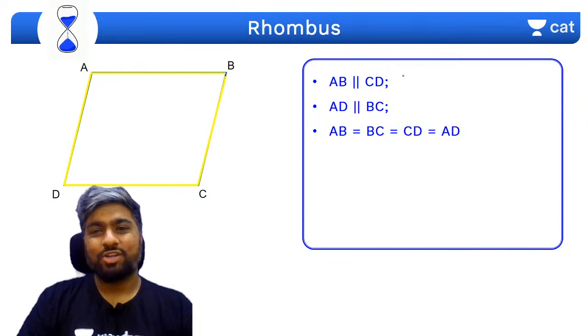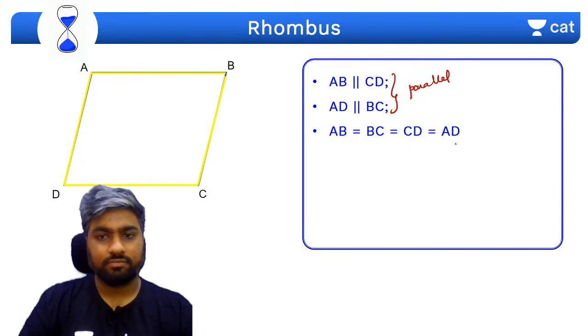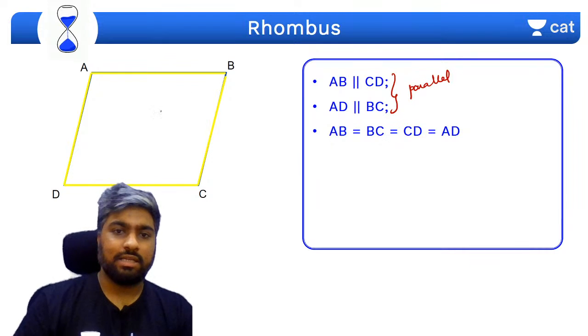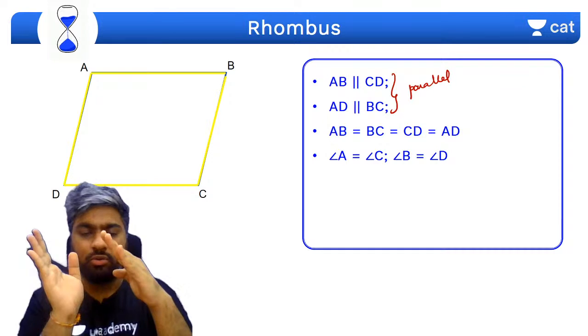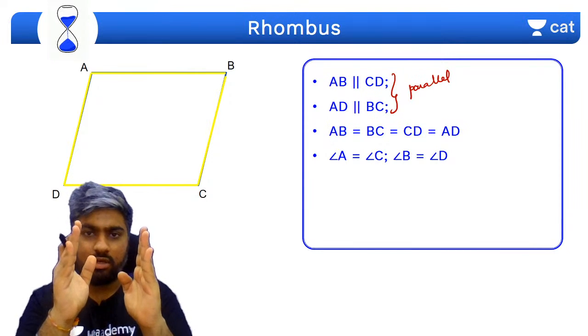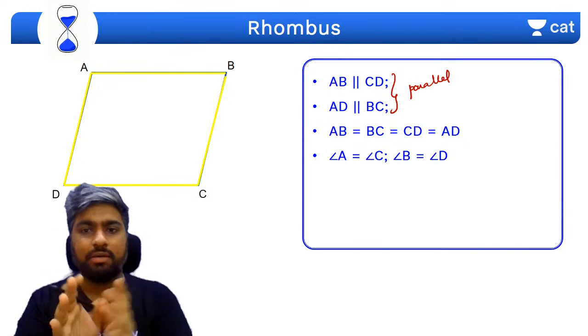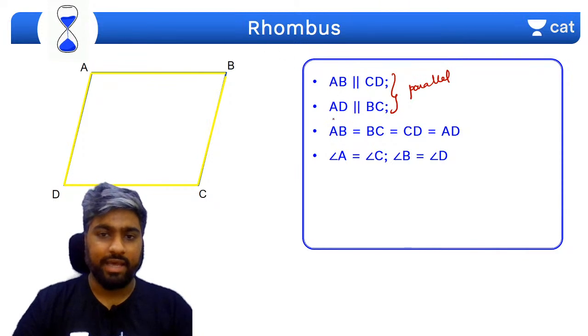Okay. So opposite sides parallel, and all sides equal. Yes. So if all sides are equal, it's a rhombus. A rhombus is just a skewed square. If you skew it a little, either way, with any angle other than 90, it becomes a rhombus. And since opposite sides are parallel, what happens here?